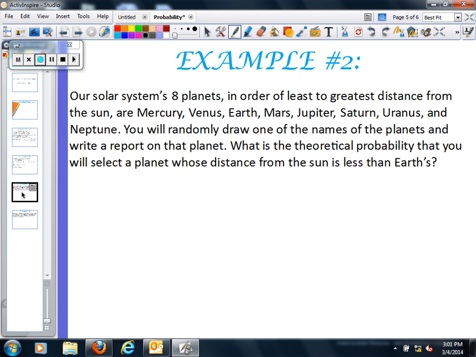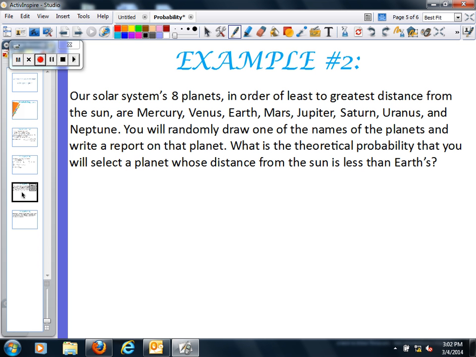So now let's look at number 2. Our solar system's 8 planets, in order of least to greatest distance from the sun, are Mercury, Venus, Earth, Mars, Jupiter, Saturn, Uranus, and Neptune. You will randomly draw one of the names of the planets and write a report on that planet. What is the theoretical probability that you will select a planet whose distance from the sun is less than the